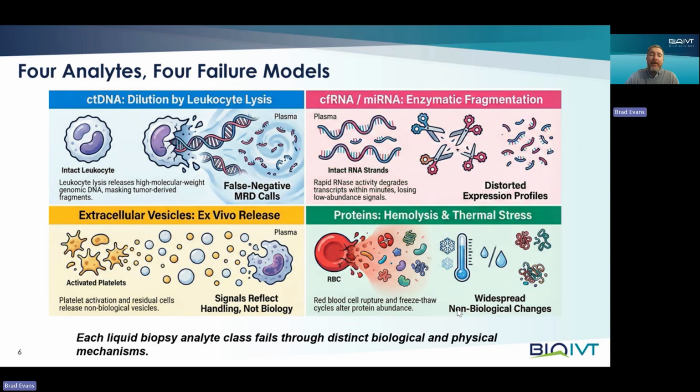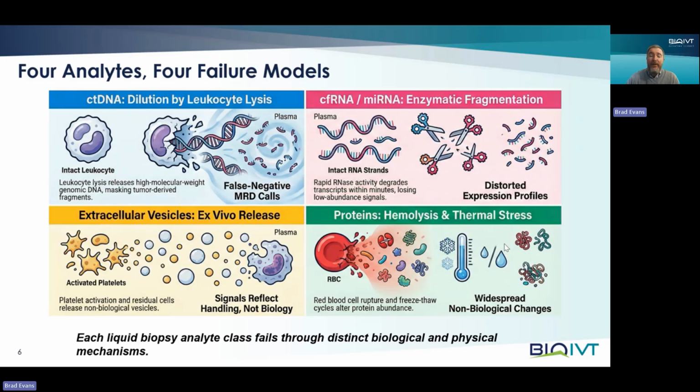Liquid biopsy is often discussed as if plasma is a single uniform material, but biologically that is not true. ctDNA is fragmented and present at very low abundance. Its main failure mode is contamination from genomic DNA released by white blood cells after collection, which dilutes tumor signal. cfRNA, including microRNA, is enzymatically fragile. RNases are everywhere. And additionally, cellular stress after the blood draw can release large amounts of intracellular RNA that confound